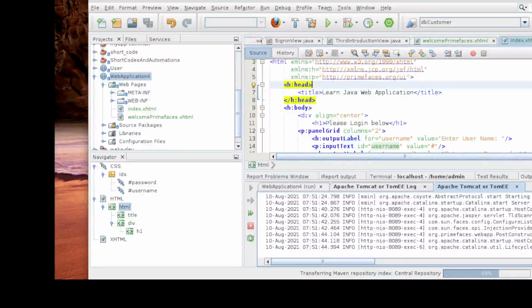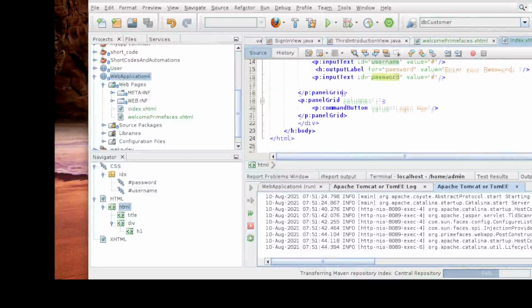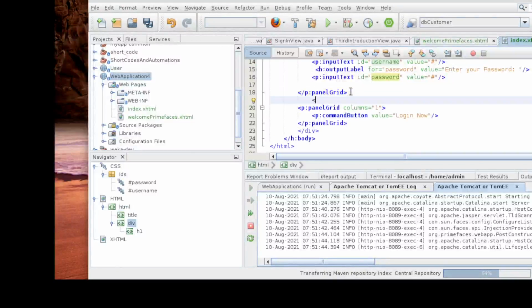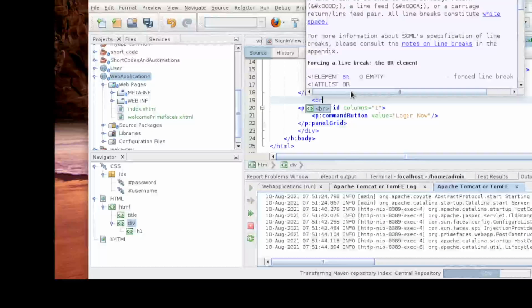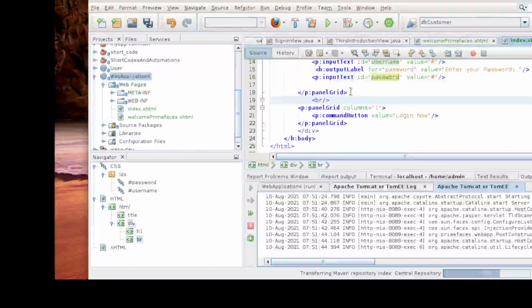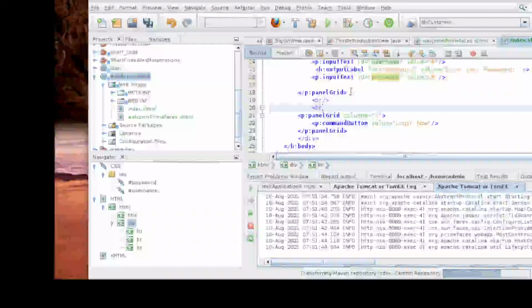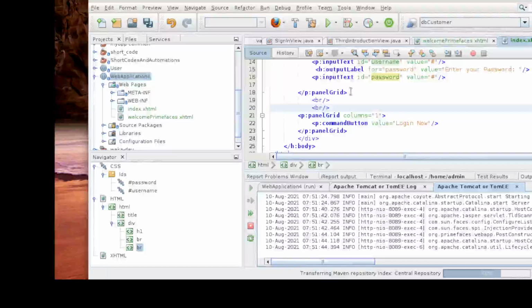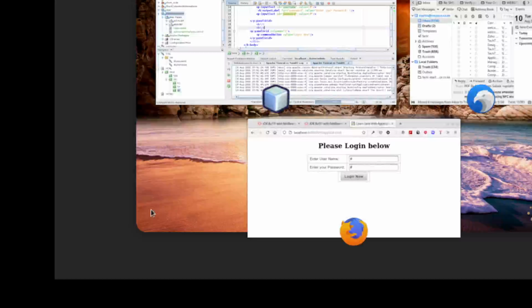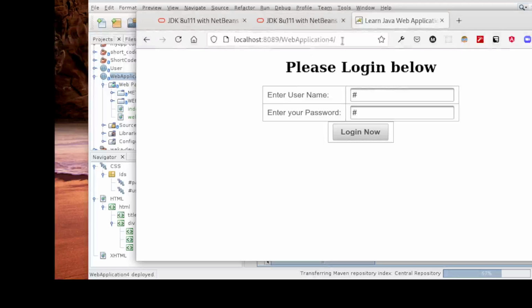Let's just push our button down below by adding a break line after the first panel grid. We can have one break. You can also still have maybe two. Okay, fine.